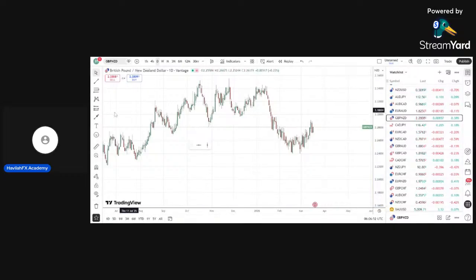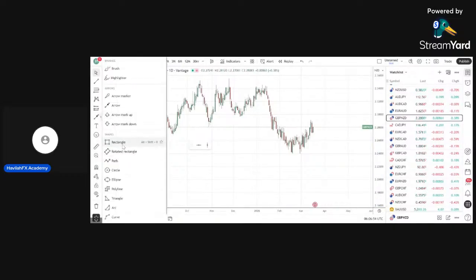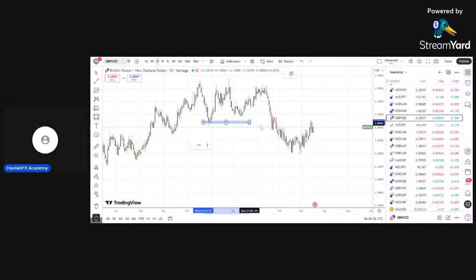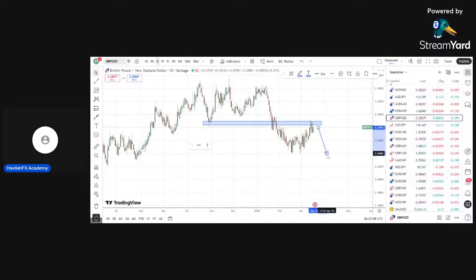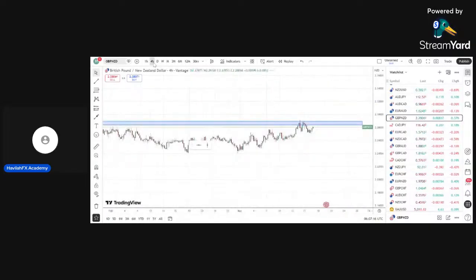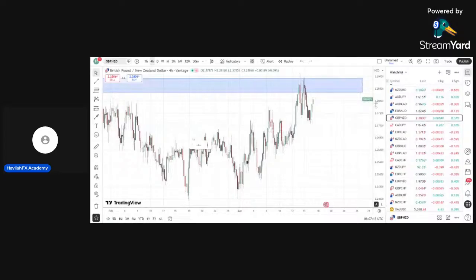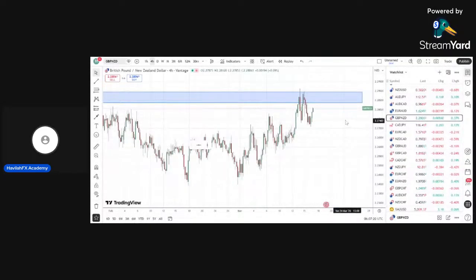And on the daily time frame, I can clearly see price earlier on hit a previous support turned resistance on the daily time frame, and that means that technically we're looking for a bearish movement. Okay, so let's switch over to a lower time frame like 4 hour. Now on the 4 hour time frame,